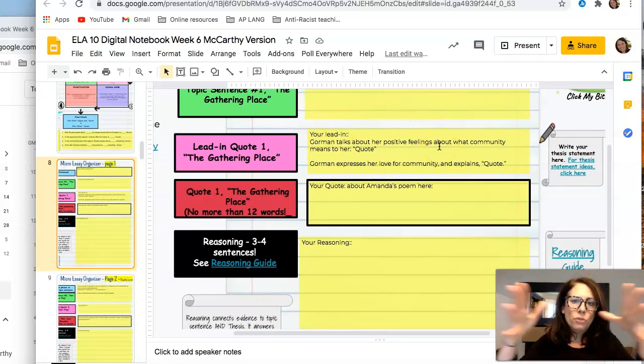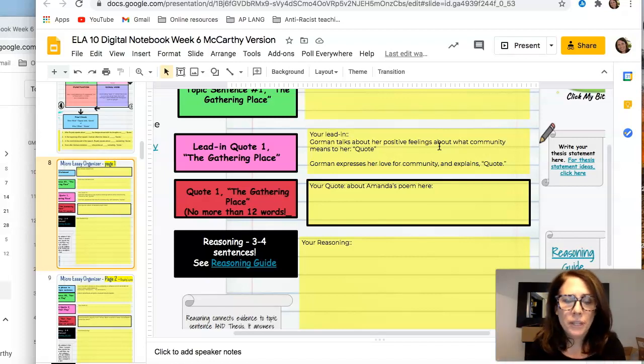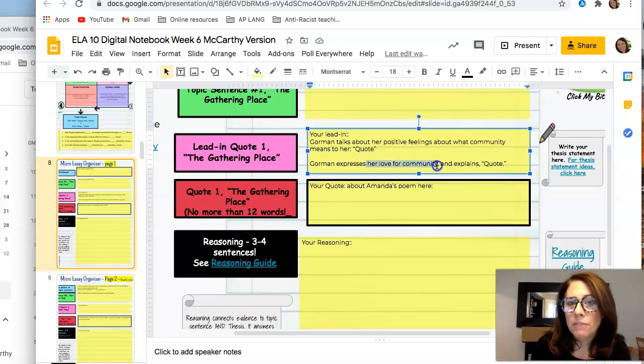You say the overall general what from the quote that you found. Here I wrote, she talks about her feelings about community, right? This one got a little bit more specific, leveling up the writing by putting in, instead of "talks about," this more vivid verb from the vivid verb list. Amanda expresses her love for community. So